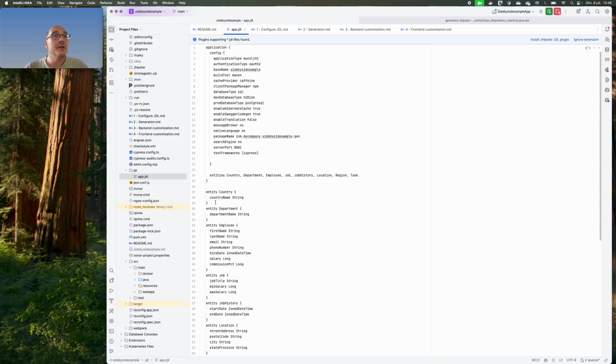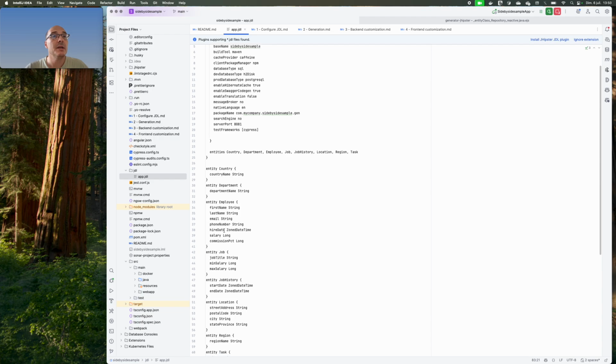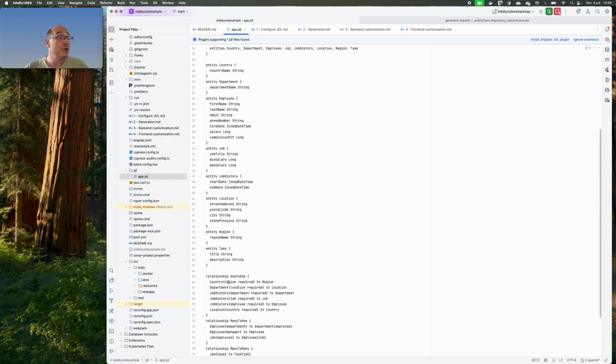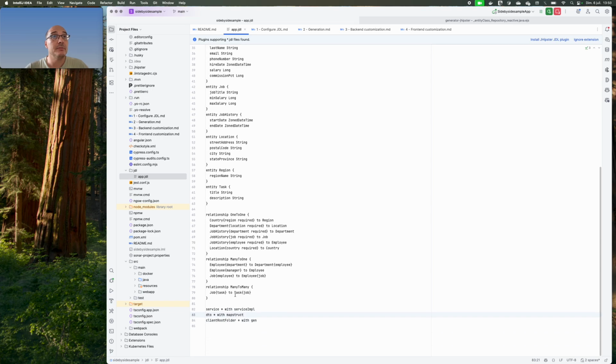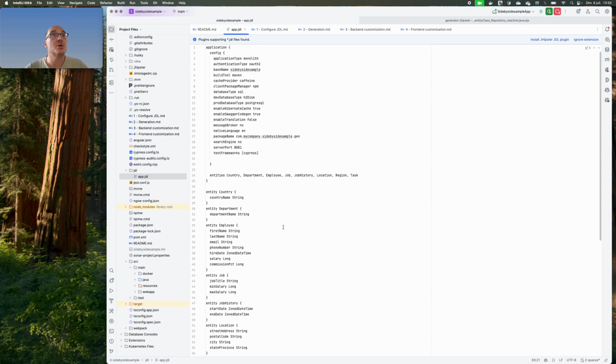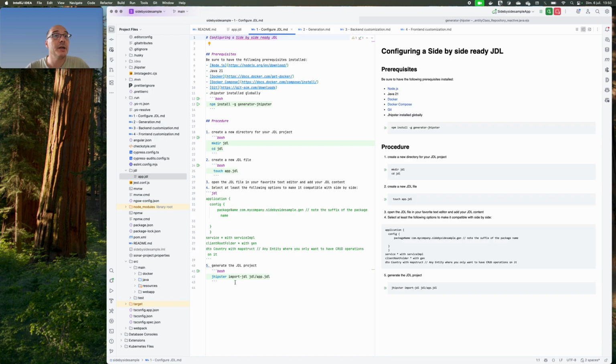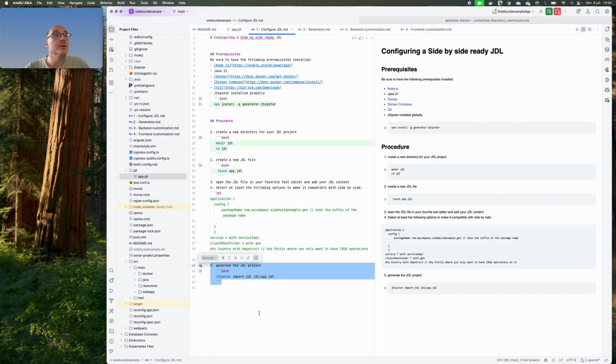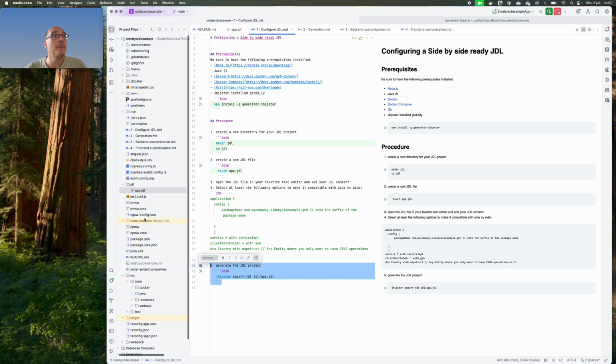Then, as always, just implement your entity with the different fields and the relationships between the entities. Not that much, let's say, to say about it. After that, what you will do is for sure generate your code using the GHipster command, and then you will have a project that will look like the one that you see in my project file.